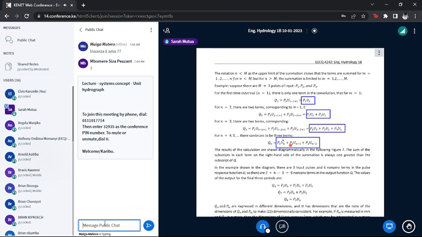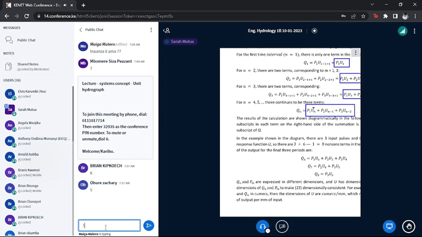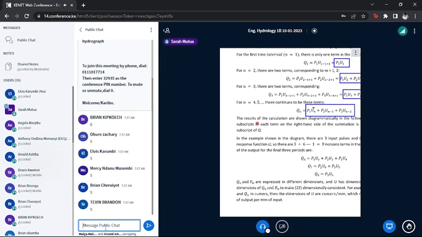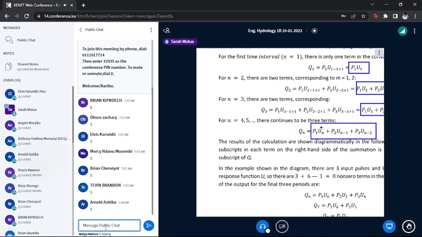Or anyone else who is attentive, you can tell me what that value is going to be. N will be 6, and then n minus 1 will be equal to? And that is correct. And then n minus 2 will be equal to